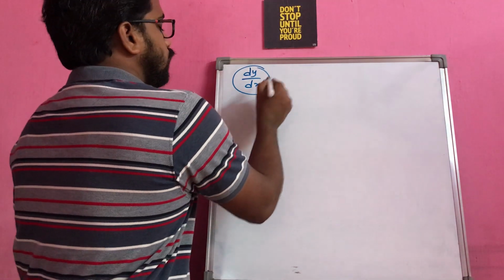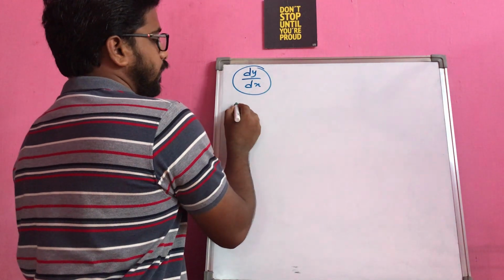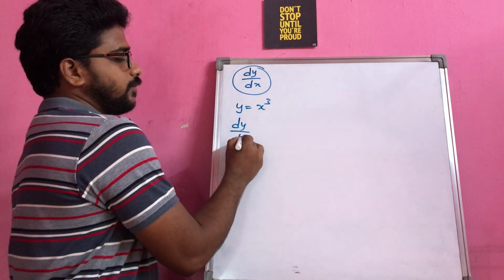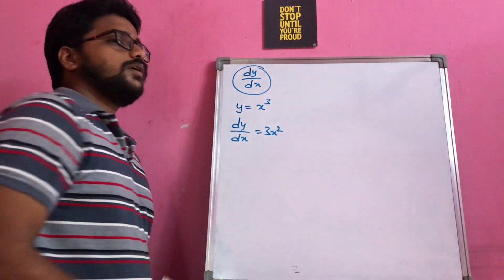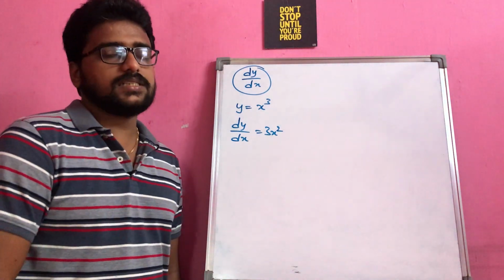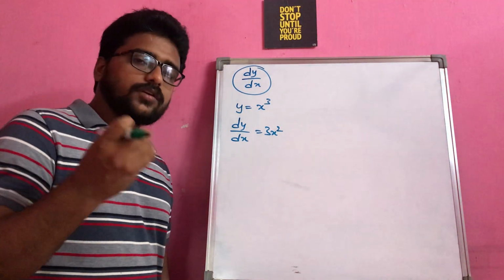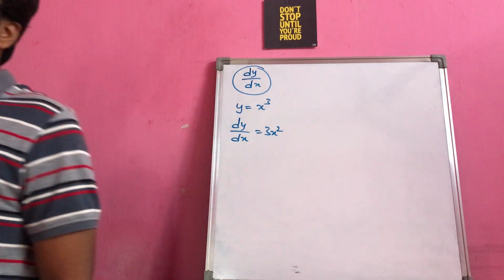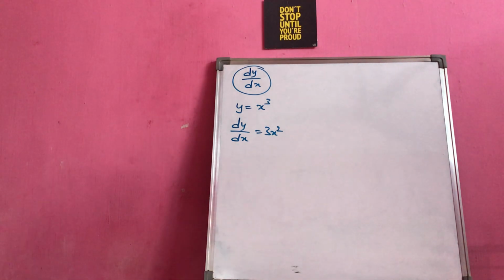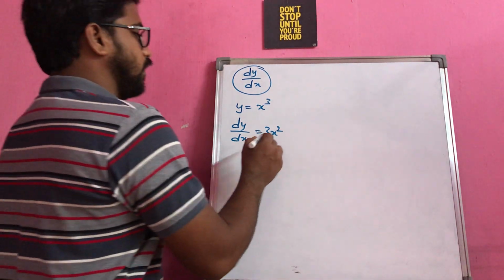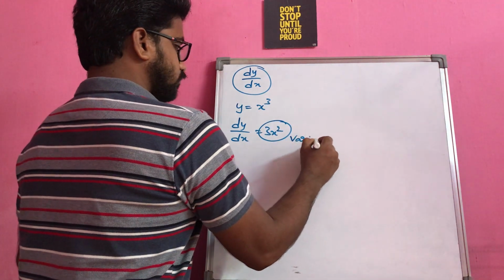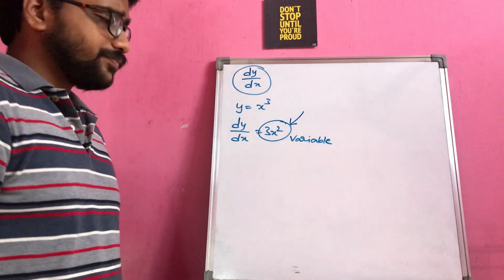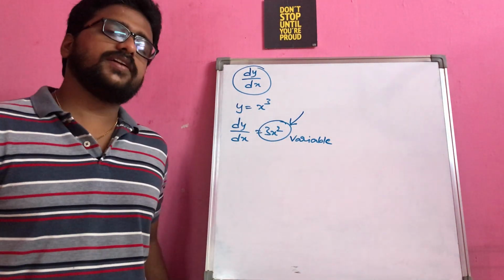So that means for any given function, something like y is equal to x cube, I will be getting dy by dx is equal to 3x square. But what the slope is representing is a constant, it's a number, right? It is giving you the information about how the value of y is changing with respect to the value of x. So here you are getting the value of dy by dx as 3x square, which is a variable. When this is a variable, you cannot use this as the slope for finding the equation of a tangent or normal.